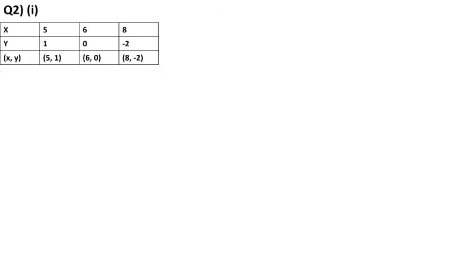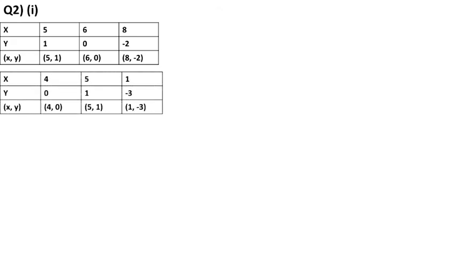So here, question number 2, the first one which we have solved, we got the coordinates. From the first, we'll draw the collinear line. The first one is given x value is 5 and the y value is 1. We'll substitute the point on the graph. 6 and 0 means that lie on the x-axis. The third one we got 8 and minus 2. X value is 8 and y value is minus 2. All the 3 points should be collinear. Draw the line and write the equation.